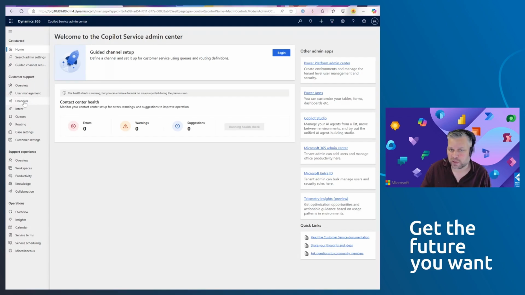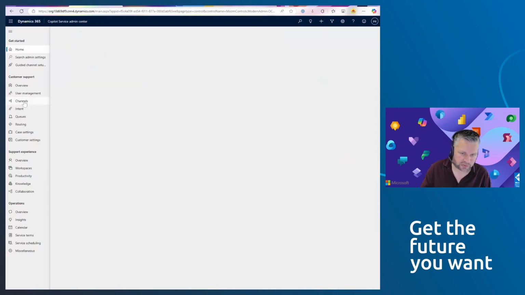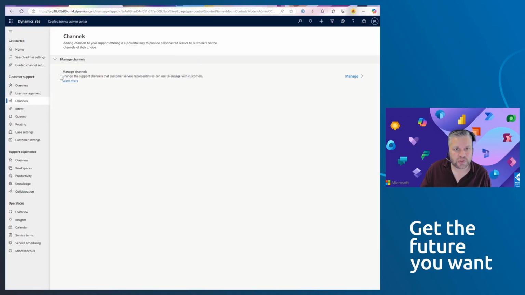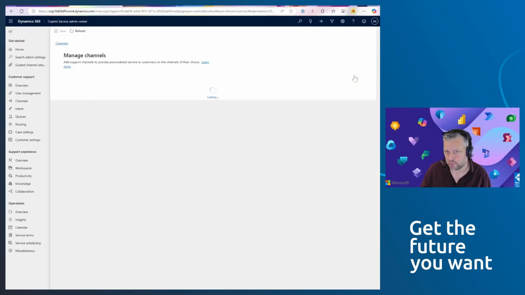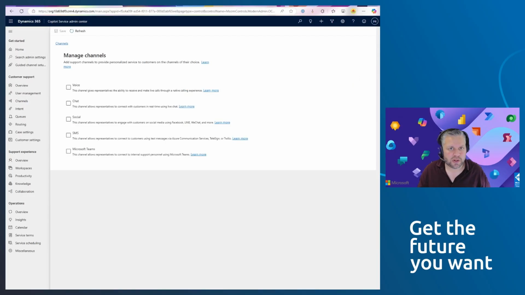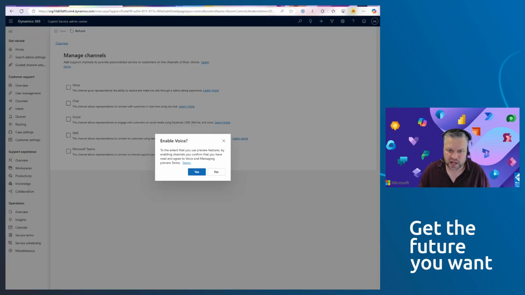To get started, we're actually going to go to channels. On the channel side, you'll find manage channels. If you set up the channels already, you'll find all of the individual lines where you can manage the individual channels. But in this case, I haven't set up anything, so manage channels is the only option I get. It takes a little while to load,